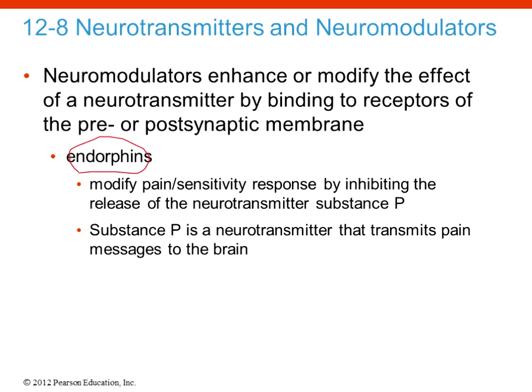Like that runner's high, or that feeling of invincibility you get when you exercise sometimes, is thought to be because endorphins can be released when you have higher levels of cardiovascular exercise, for instance. And basically what endorphins are thought to do is to modify our response by limiting these pain chemicals, like neurotransmitters. Substance P, for instance, is a neurotransmitter that transmits pain messages to the brain. So if you can have a neuromodulator that's going to modify that by slowing or blocking or blunting